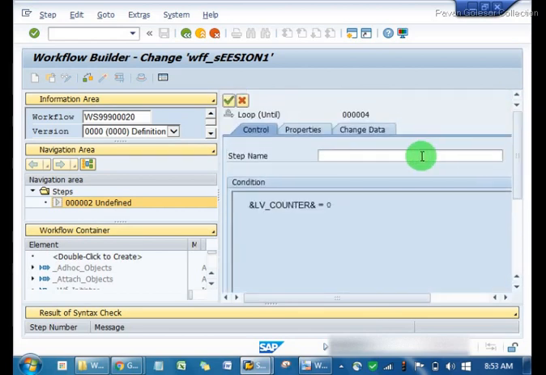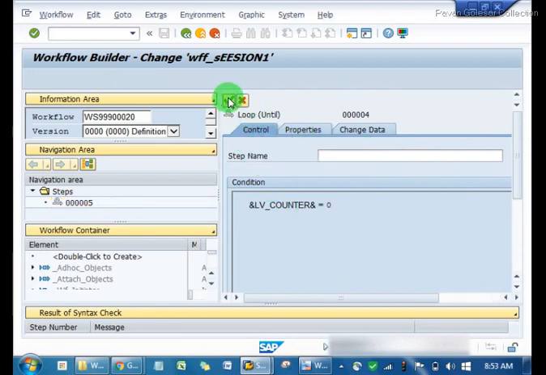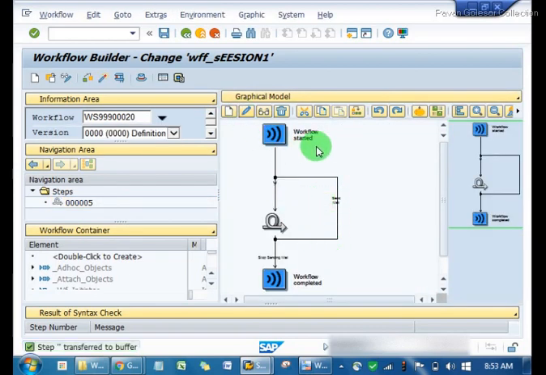So any doubts till now? We have created a loop until, we just click this one. Loop, okay. So here we have this workflow. Our new step has been created. Now as you can see, I can zoom in. This is send mail and this is stop sending mail, I guess. So this is stop sending mail and that is send mail. These are labels appearing. True is nothing but it will iterate in this, it will go round and round, and when it is false, it will go down. Down is nothing but completion of the workflow.